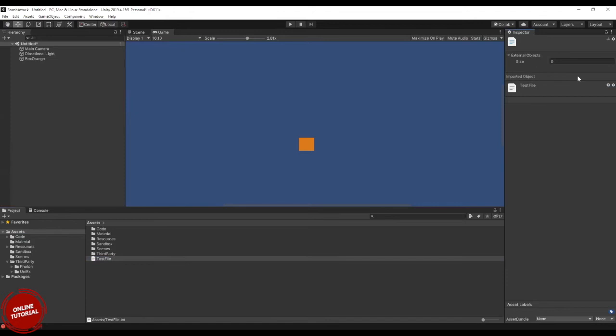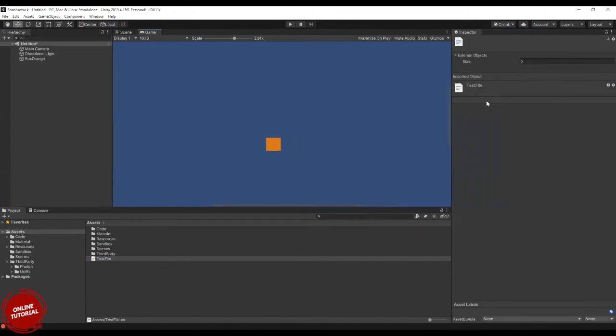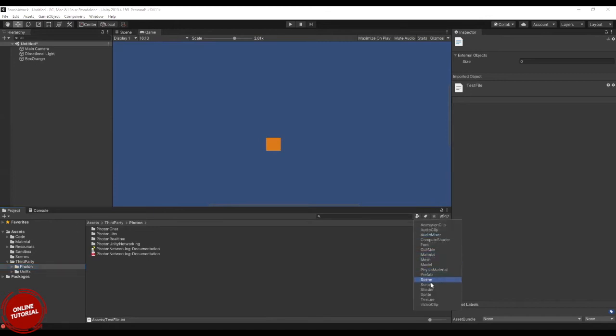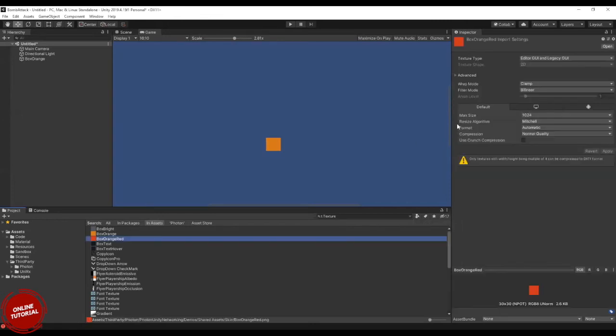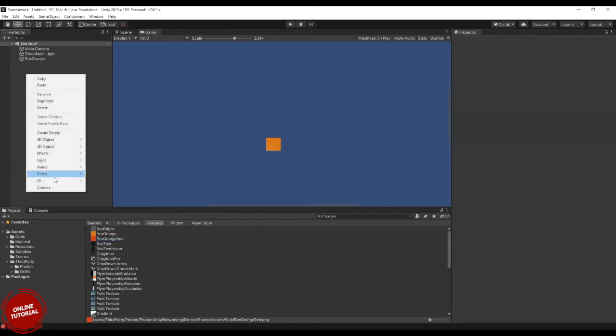It's an external object and it's considered a text asset. If it's an image type, then by default it will consider it as a texture. For a texture to render, you need to have a material.